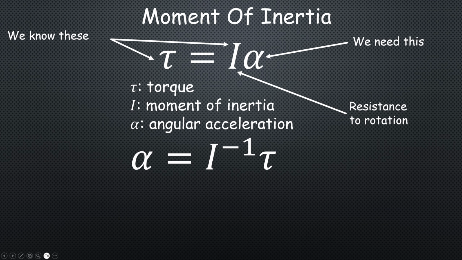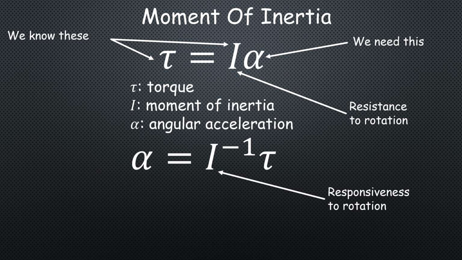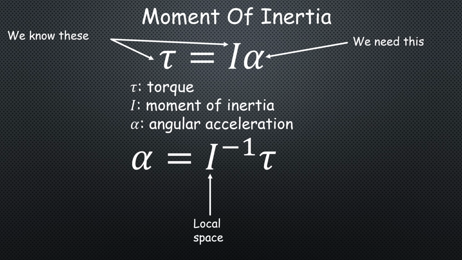The inertia tensor tells us how resistant the body is to rotations around different axes. The inverse of this tensor tells us the opposite, how responsive the body is to torque. Both the inertia tensor and its inverse are expressed in the local coordinate system of the object. But torque is calculated in the world coordinate system, and we want the acceleration to be expressed also in the